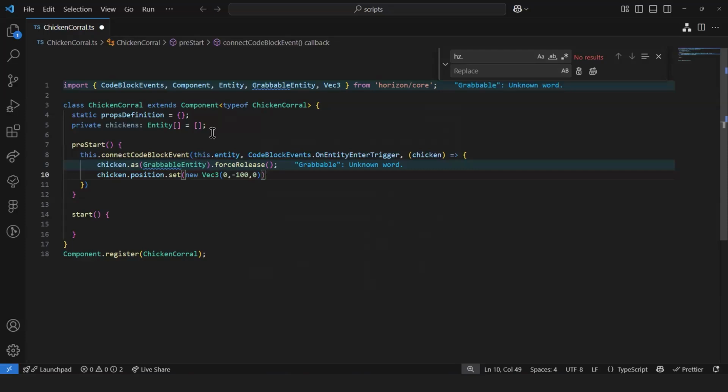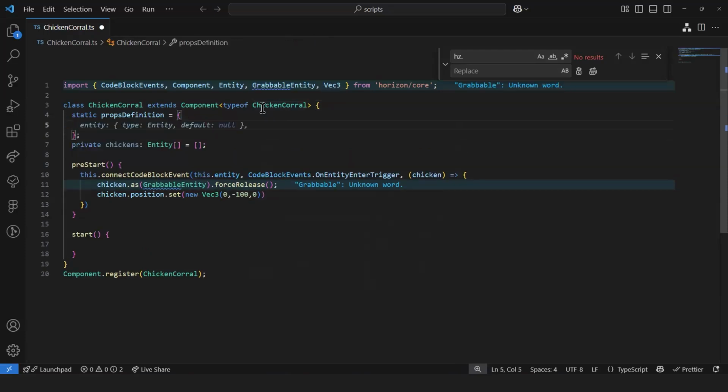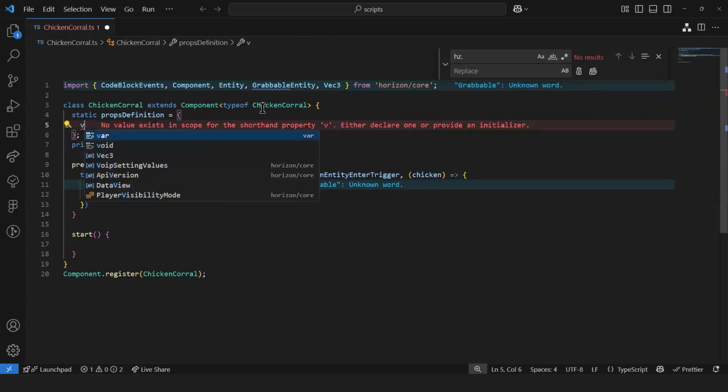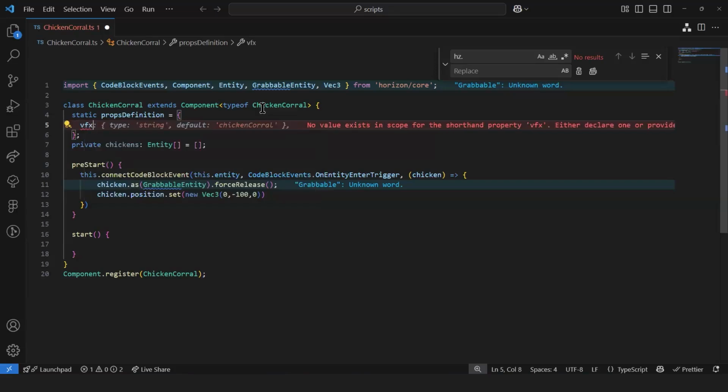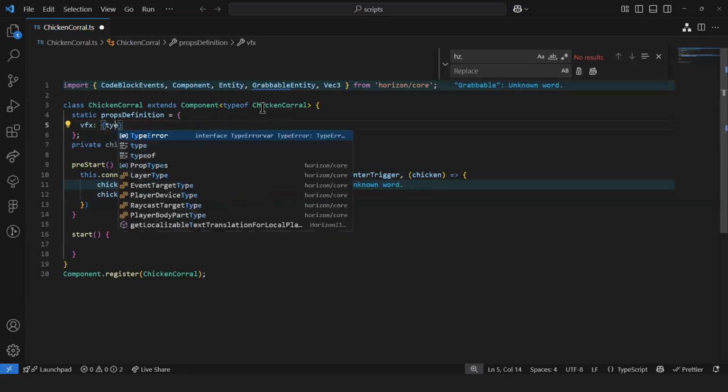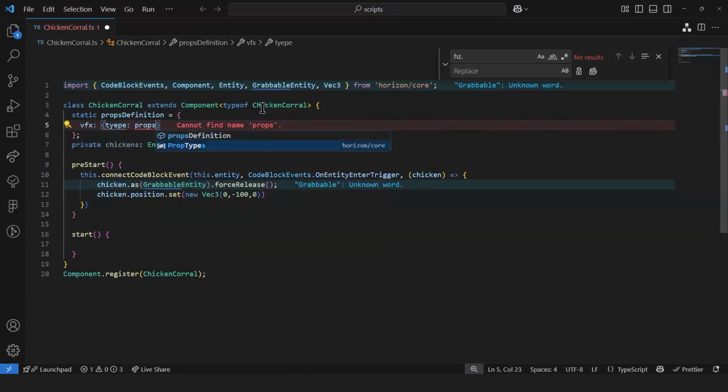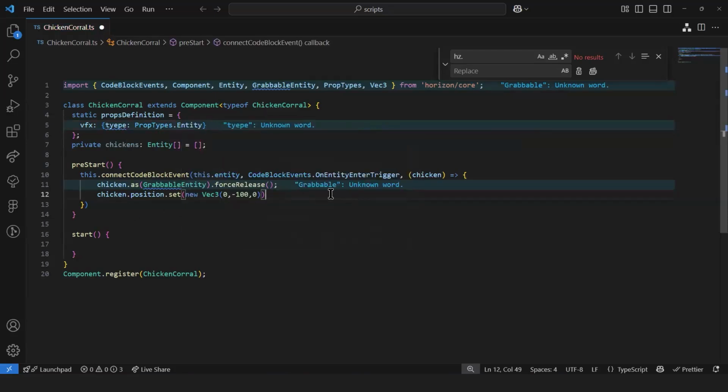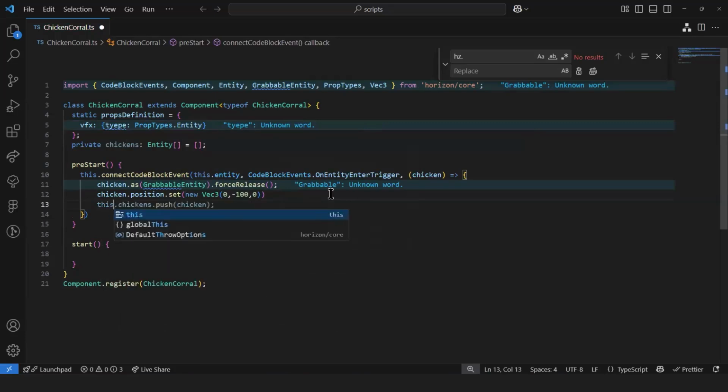And then why not? Let's play some visual effects, right? Because everything doesn't have to be without any feedback or interaction. So let's do something here. I'm going to do a VFX. And as I always say, everything in the world is an entity. So in this case, the type is going to be prop types entity. So now when the chicken enters the area, we can now say this props